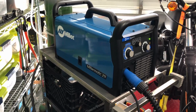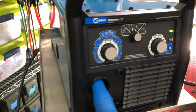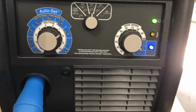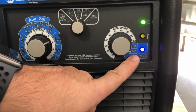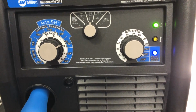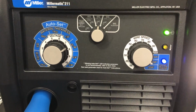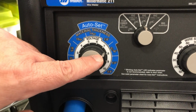All right, guys, here's my new MillerMatic 211, and it's got the auto set feature. You just set the diameter of the wire. I'm using .030, and it sets the wire speed for you automatically. Now, some have said it's a little hot. We'll see. I'm going to be using some 3/16 today, so I've got it set for 3/16. On the inside here,